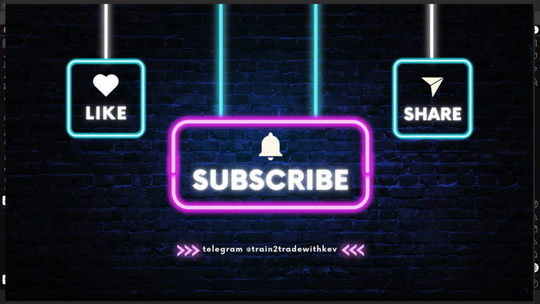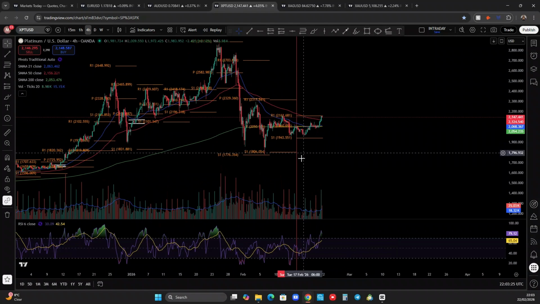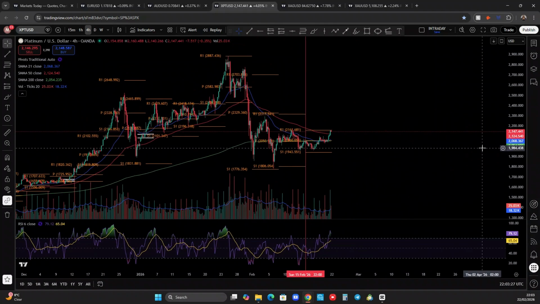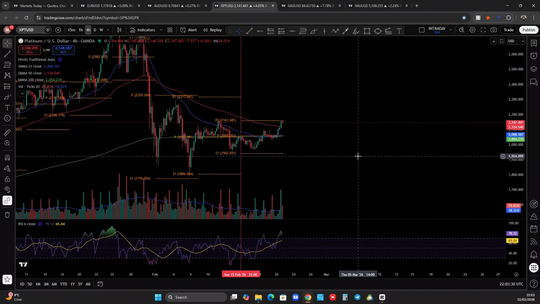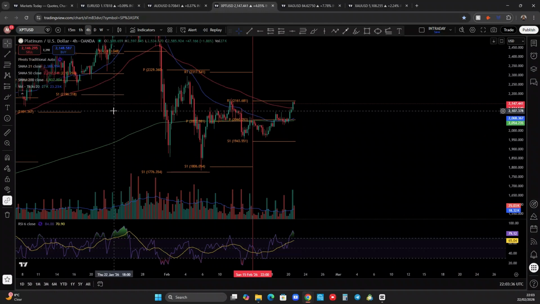Welcome back. So, we are looking at platinum, right? This chart is platinum, and this is the indicator for the start of last week. This is your weekly analysis on platinum. Right. So, with platinum,